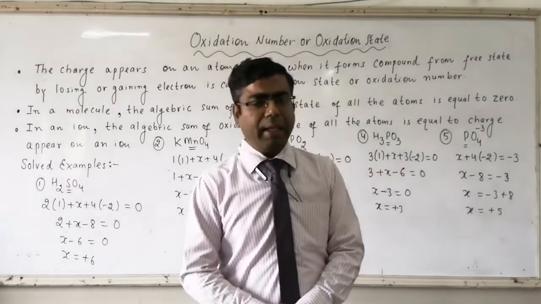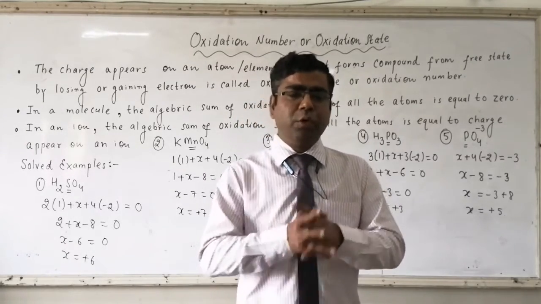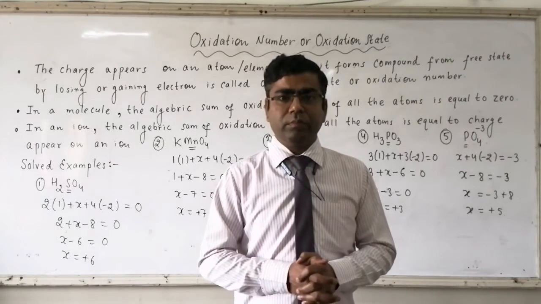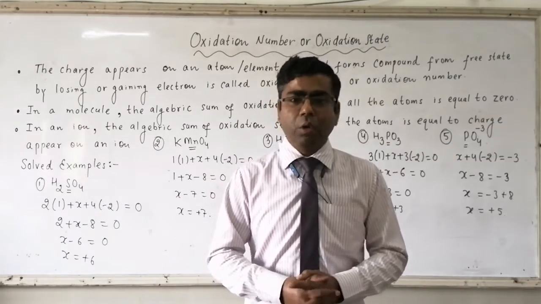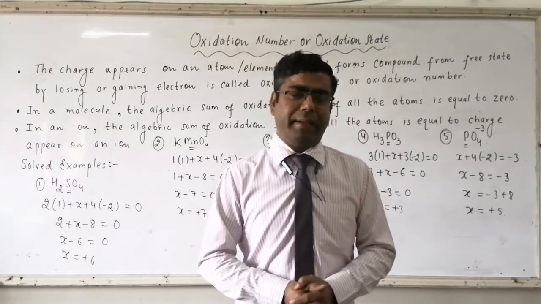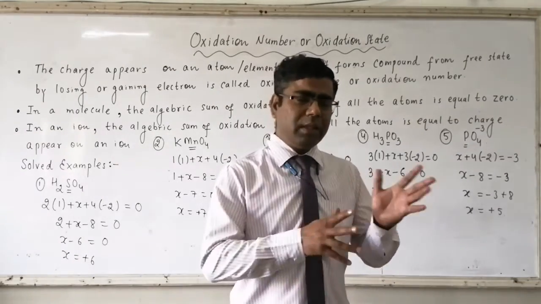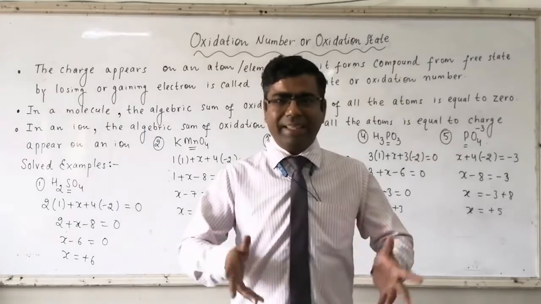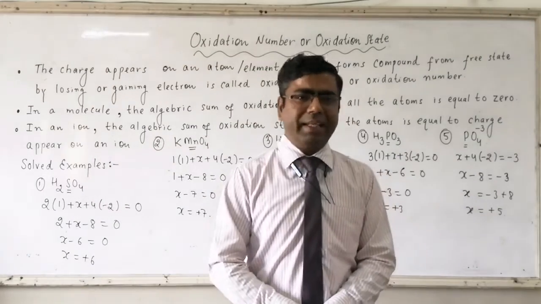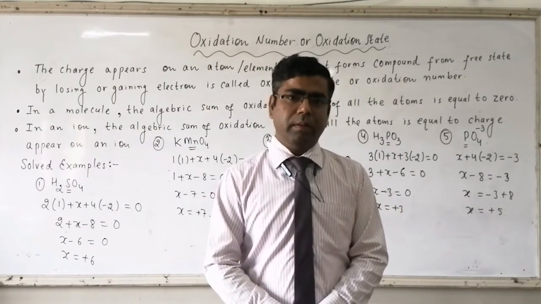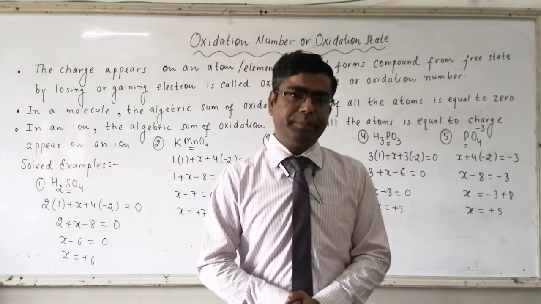Let us talk about NaCl. We know it very well that sodium loses one electron to the chlorine atom. By losing one electron, sodium gets converted to Na+ ion, and by gaining one electron, chlorine gets converted to Cl- ion. It means plus one charge appears on sodium while minus one charge appears on chlorine. So here we can say that in NaCl, the oxidation state of sodium is +1, while for Cl it is -1, because one electron is removed from sodium and one electron is added to chlorine.